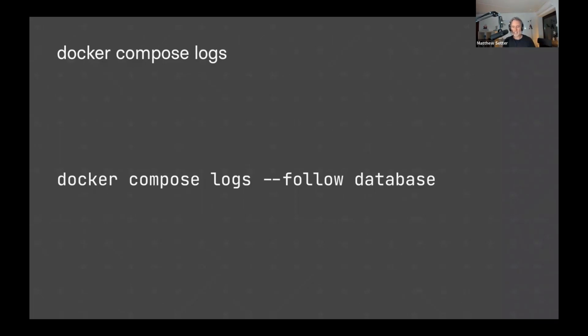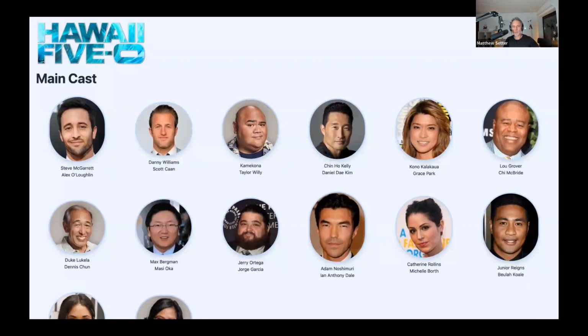I find this handy because by default, it will print the tail end of the logs and then stop. But if you're tending to debug it, doing curl requests, ping requests, or whatever tool that you use, you'll have to keep repolling the logs to get that information. So pass the follow option and it will just keep printing the logs until you choose to stop at the end of your debugging. Anyway, let's assume at this point